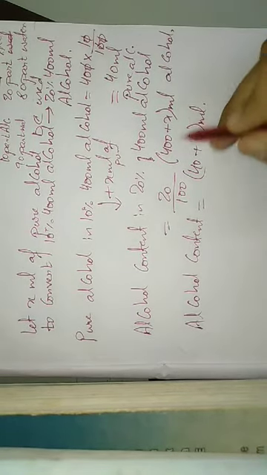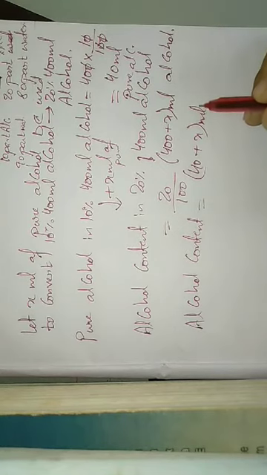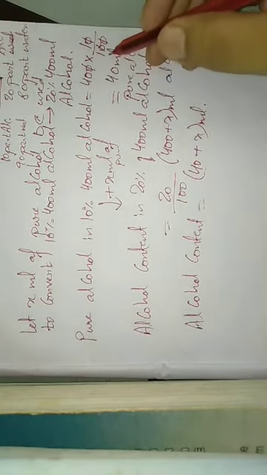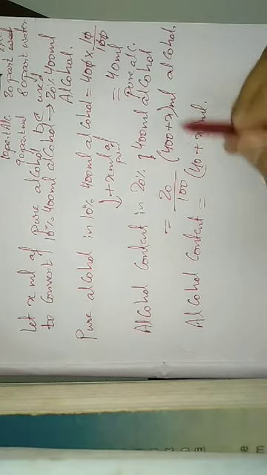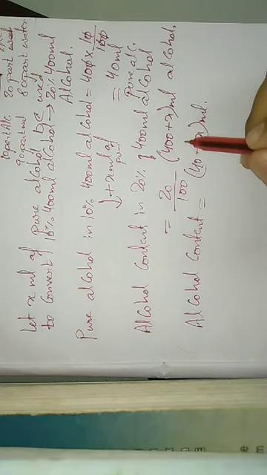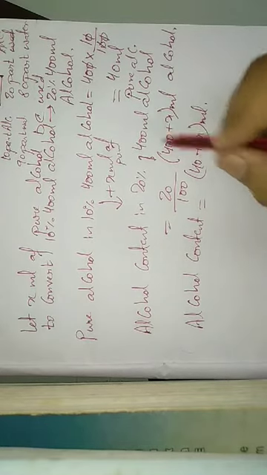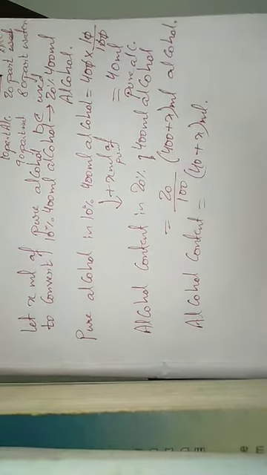And I have not taken this on the total solution. This is only for the alcohol content. Alcohol content in 10% 400 ml alcohol was 40 ml. To that I am adding x ml of alcohol. So what is the total alcohol content? 40 plus x. Students, you see these two terms are the same, I'm talking about the alcohol content in 20% 400 ml. One value is taken on the total solution, the other specifically on the alcohol, but in both terms we are talking about the alcohol content only. So both of them are equal to each other.